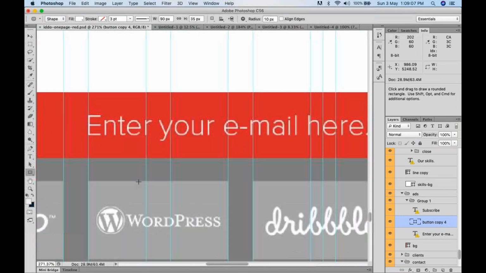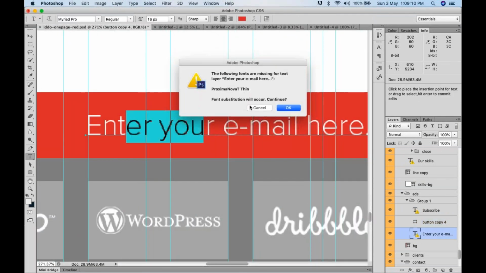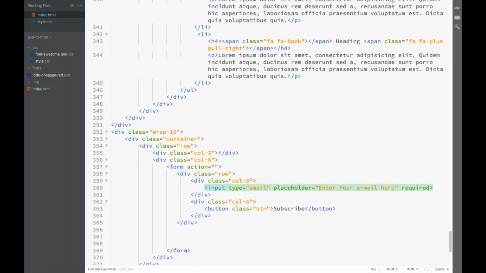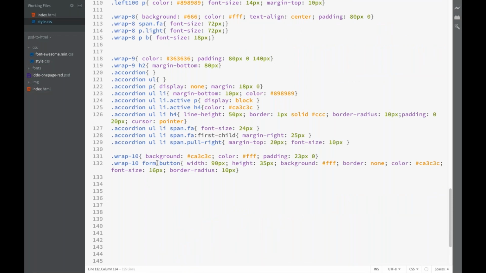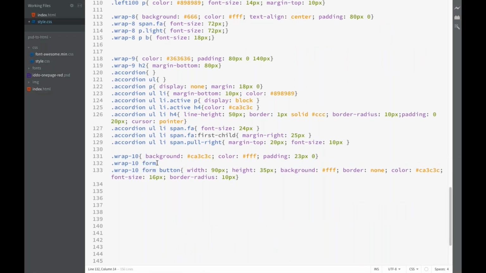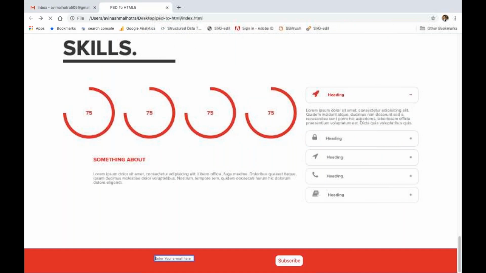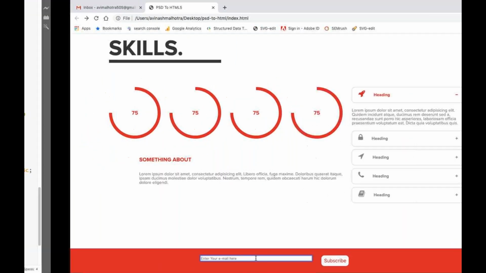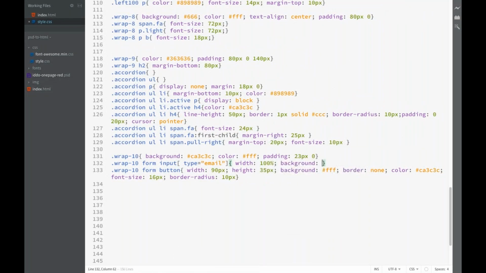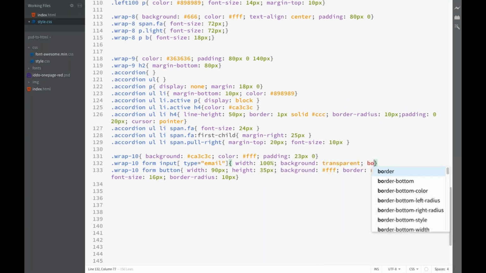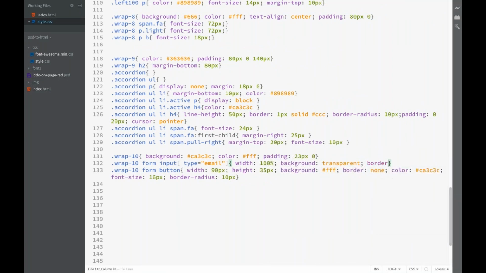Now इसका URL बनाते हैं। This is the text which is box man over thin and 36 pixels, this is placeholder और placeholder का color white है। Input of type email, ठीक है, with 100%। तो ये कॉलम 4 में फुल 100% ले लेगा, तो सी कॉलम 8 में 100% लेगा, दैट मीन्स फुल एंड टू एंड विड्थ का। देन बैकग्राउंड ट्रांसपेरेंट एंड बॉर्डर नन।